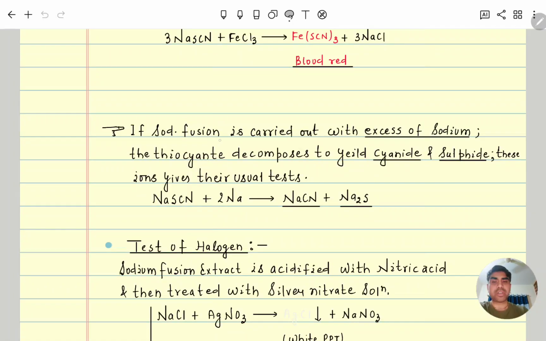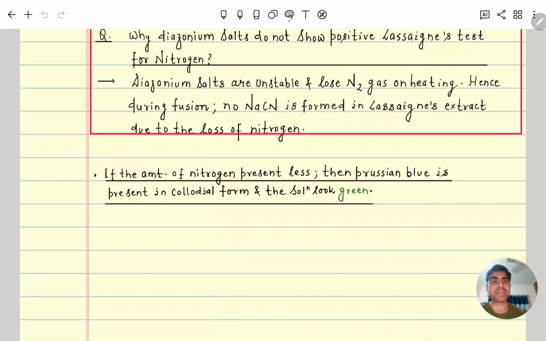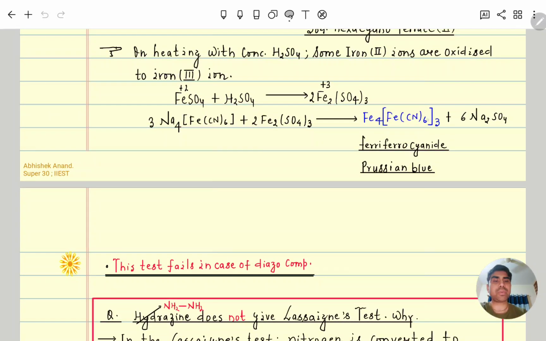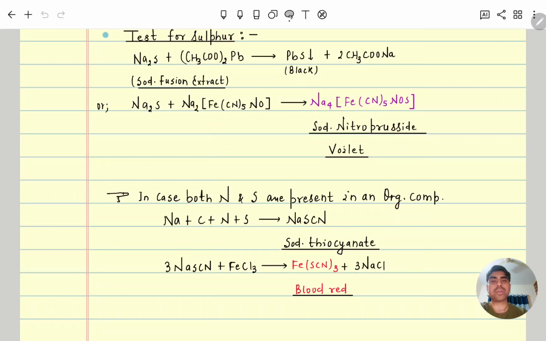If the sodium fusion extract contains NaSCN and it is reacted with excess sodium, it decomposes and further forms NaCN and Na2S. For NaCN, we already discussed how to do the detection of nitrogen: the Prussian blue color, with ferricyanide, blue color. And for sulfur, we already discussed, either PbS black precipitate with lead acetate, or with